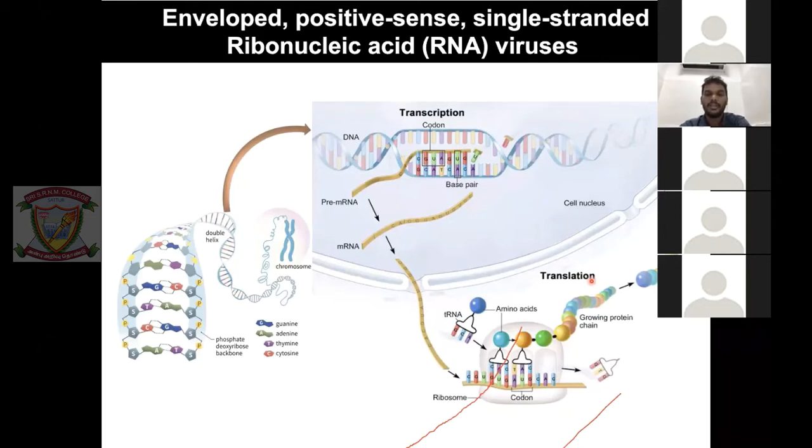So to explain that, first of all, I need to give you a brief introduction. Like I said again, this presentation was targeted towards the students. So there will be a lot of basic content. So this is about the central dogma of life, where DNA is converting into RNA and RNA into protein.